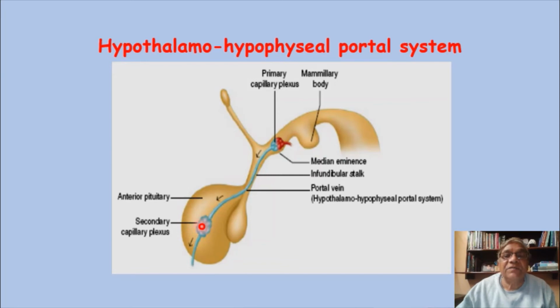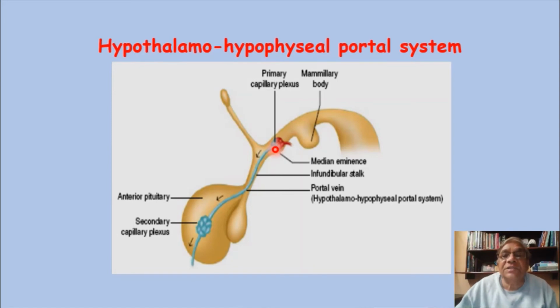That's why it is shown in blue color. Here the red and blue both are shown. So once again it breaks down, and then it will form another venule which will go out. Now the vein between the two plexuses, primary and secondary, is known as the portal vein, and